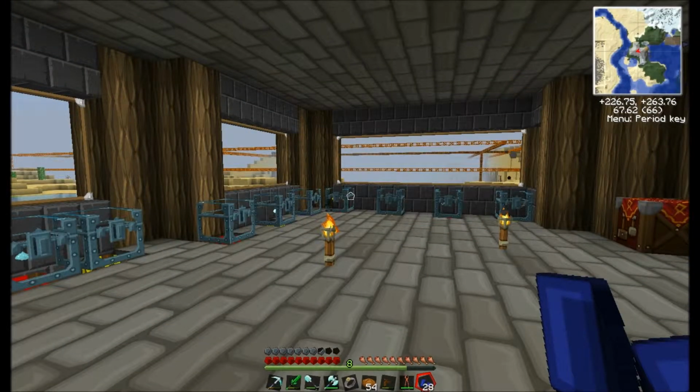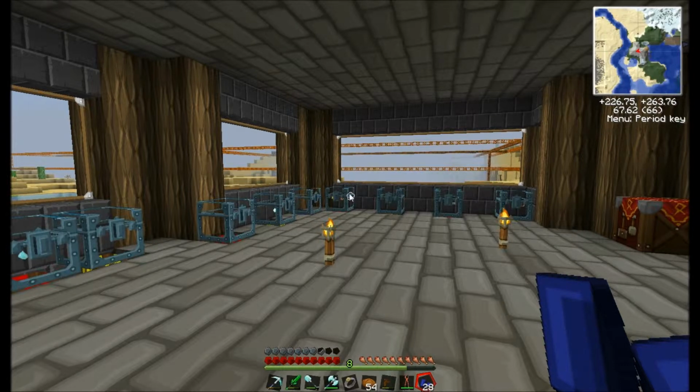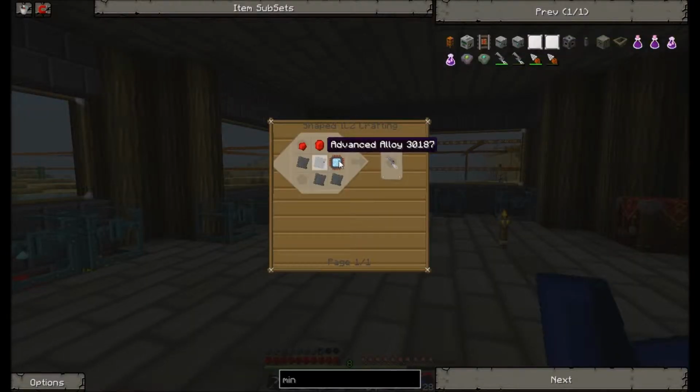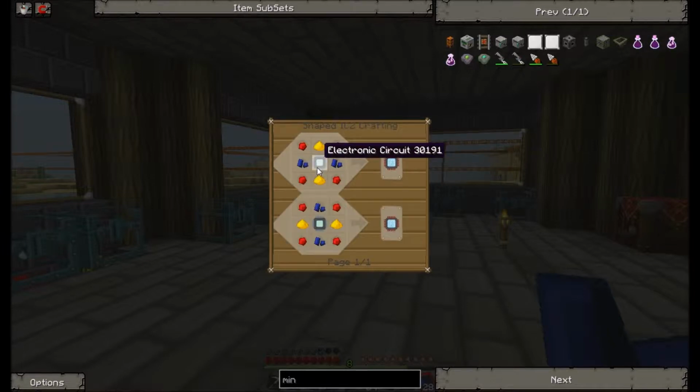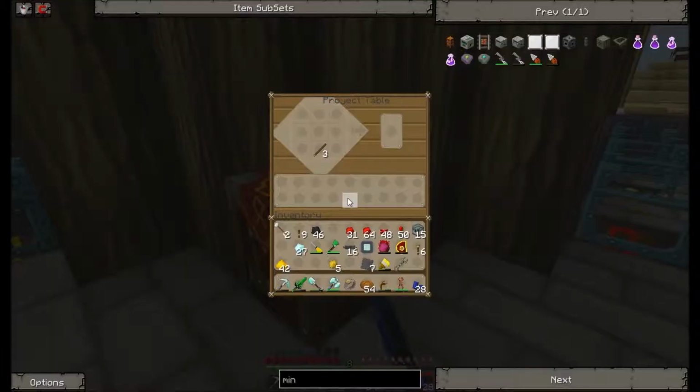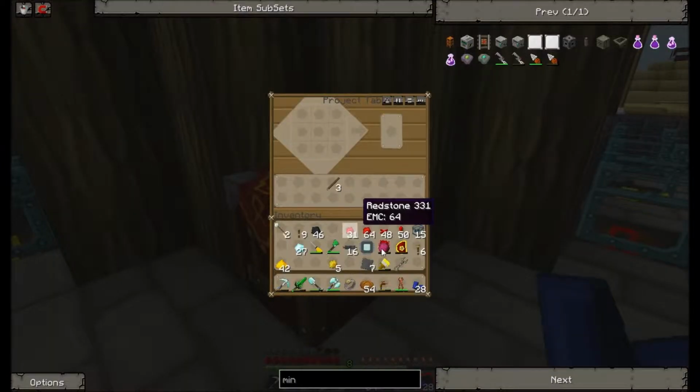First things first, as you can see through the window, we got our quarry started again. And now for the other thing we have to do today, which is make a mining laser. So here's the basic recipe. So first we got our electric circuit, so glowstone, redstone, and lapis, which we should have all of that. And our frames are gonna kill us, but you know,